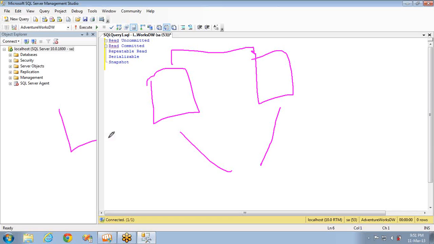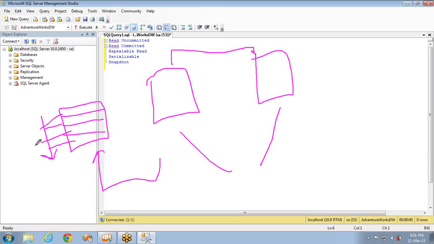Let's say you don't know about indexes, right? Let's say you have a table and an index is created on this table. Index means everything will have a unique ID. While reading this data, it won't allow any other transaction to insert. Why? Because it is acquiring locks on the indexes.